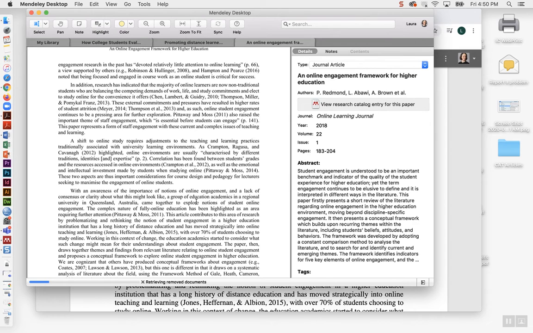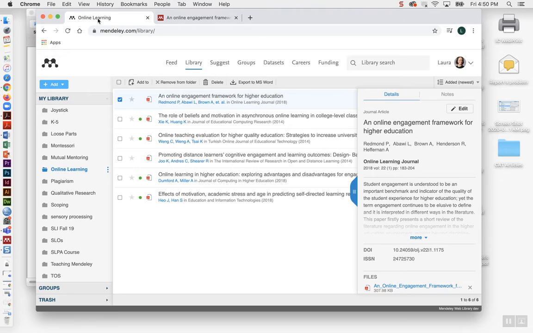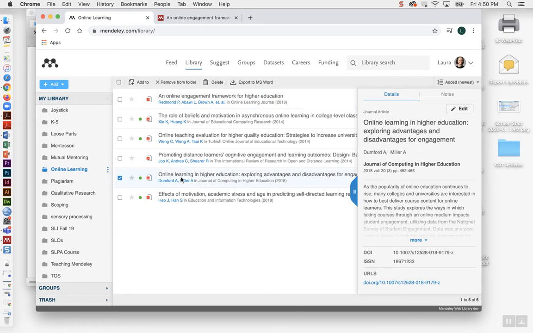Hopefully everyone will be able to successfully download and use the software because I think it's better. And also the software has all of the Word compatibility, which the website version does not. But in a pinch, or if you had a Chromebook and you couldn't download the software, just so that you know that this is all here for you, that this is the folder, for example, of whatever I've added into my online learning